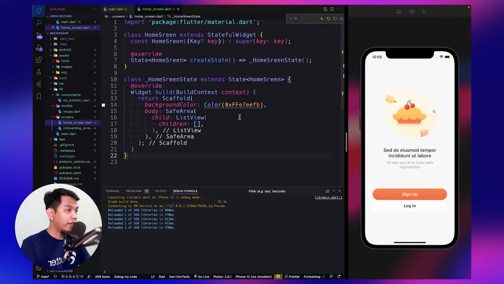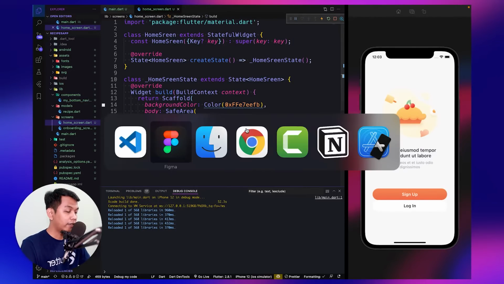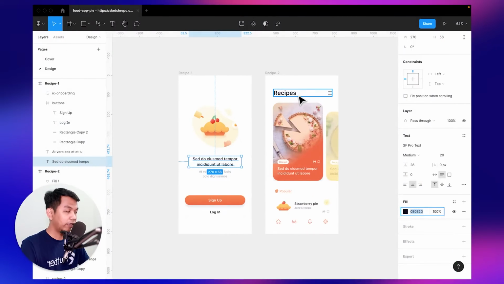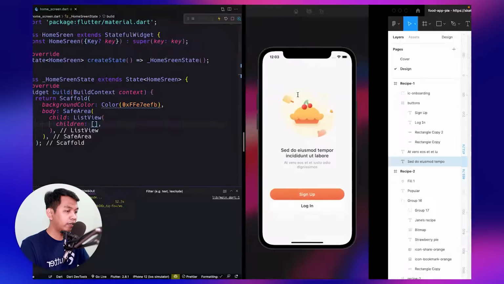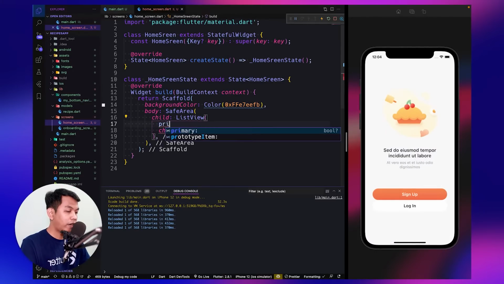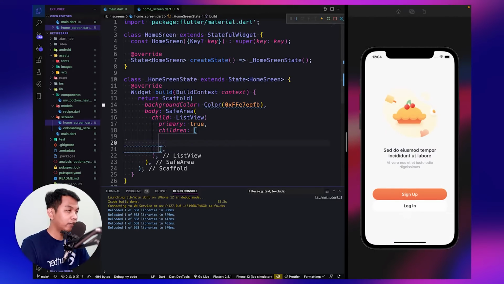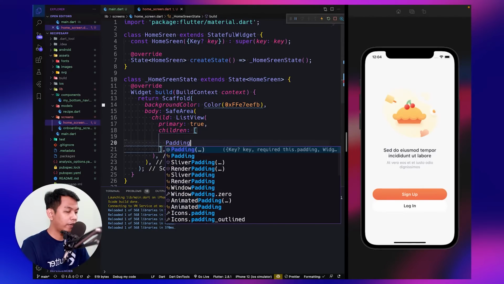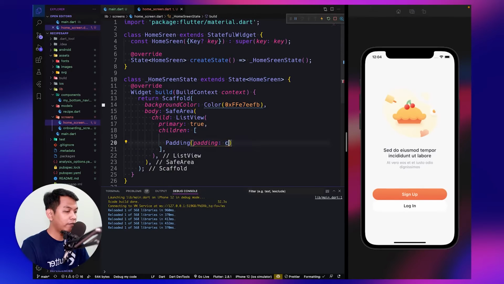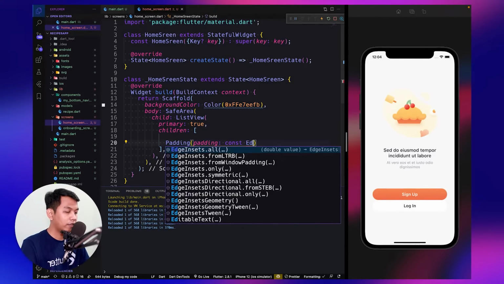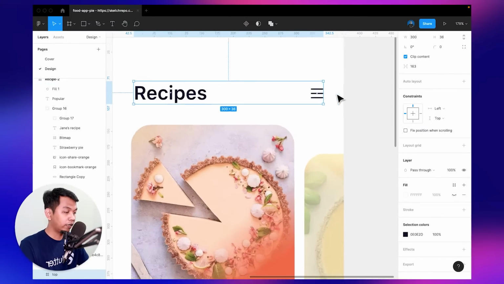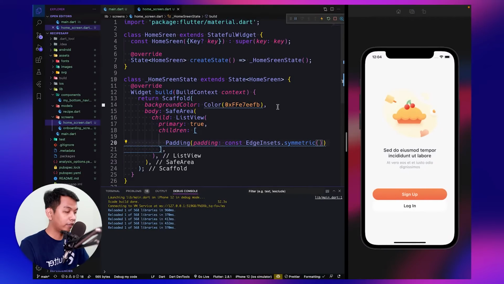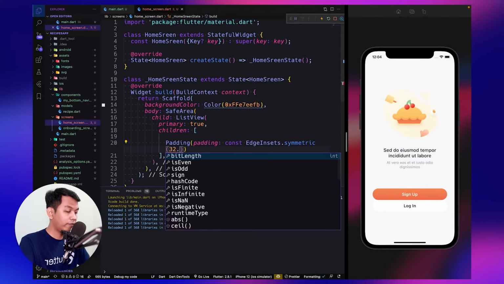Okay, and for the first children, we have this home screen app bar. So let's see primary, let's set it to true, and here inside our children we say padding. For the padding we say symmetric, because as we can see here we have a padding 32.5.